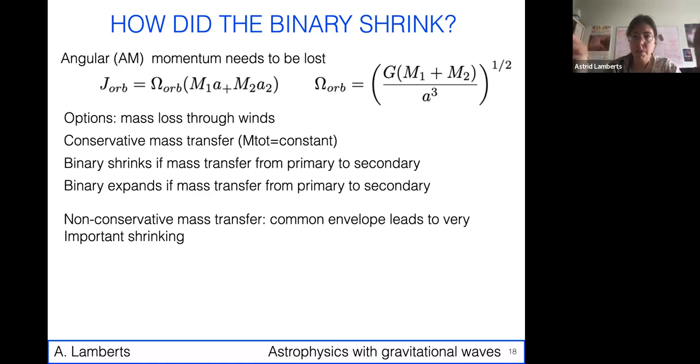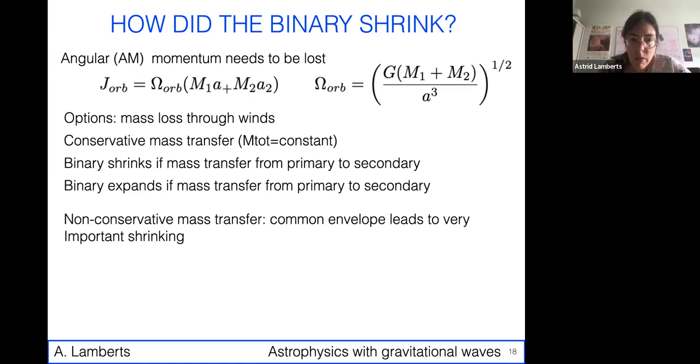If you have mass that is being transferred in a gentle way, basically mass is leaving one star and just going to the other, the binary is shrinking if you transfer mass from the most massive to the least massive. But actually, stellar evolution is such that you can also transfer mass from the lower mass to the more massive companion. In that case, your binary will expand. So that's not helping.